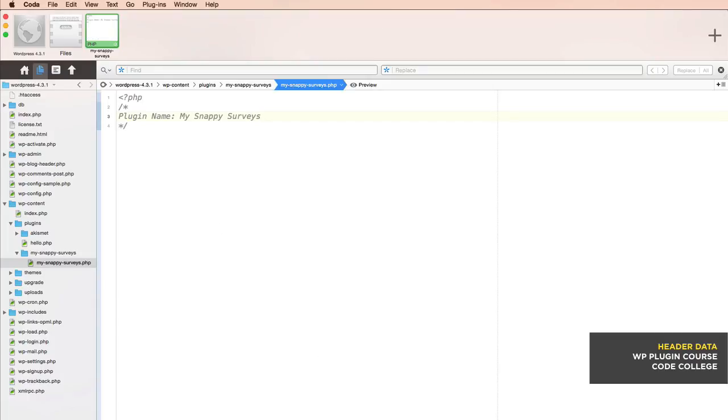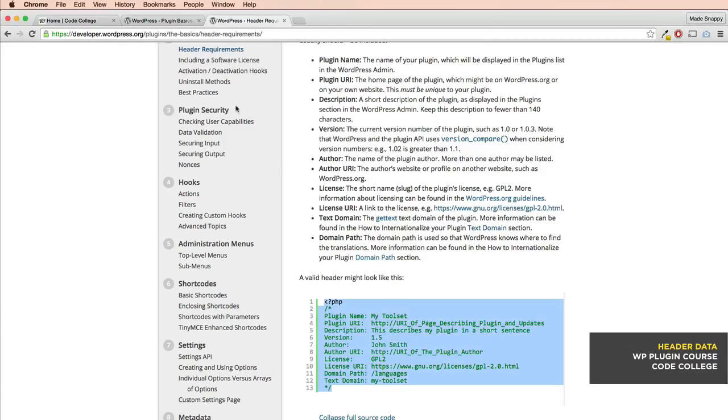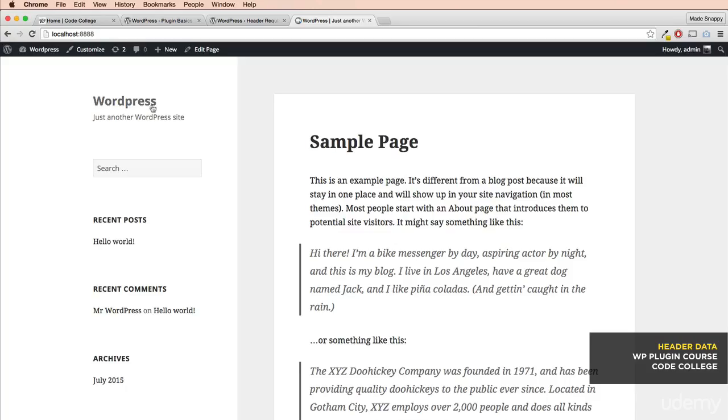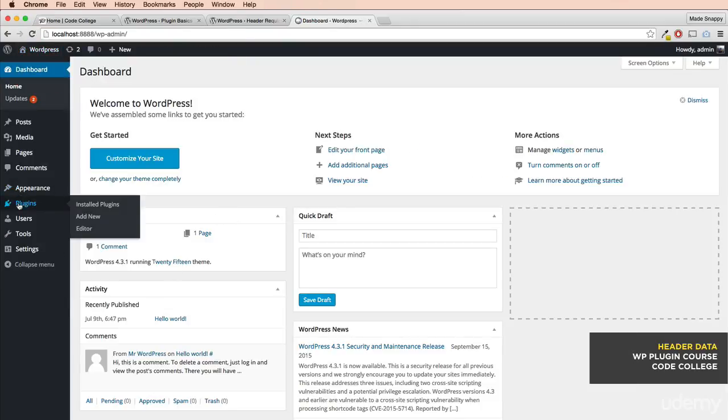Okay, so what I'm going to do now is open up my WordPress install here in the browser. I've got it running locally, so I can just go to localhost here. This is just a vanilla install of WordPress with, I believe, the Twenty Fifteen theme as default. If I go to my WordPress dashboard now and click on plugins,